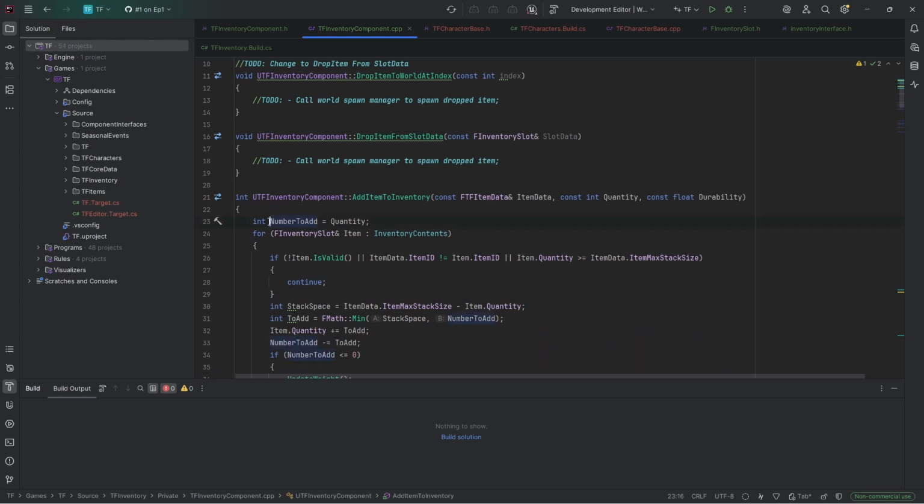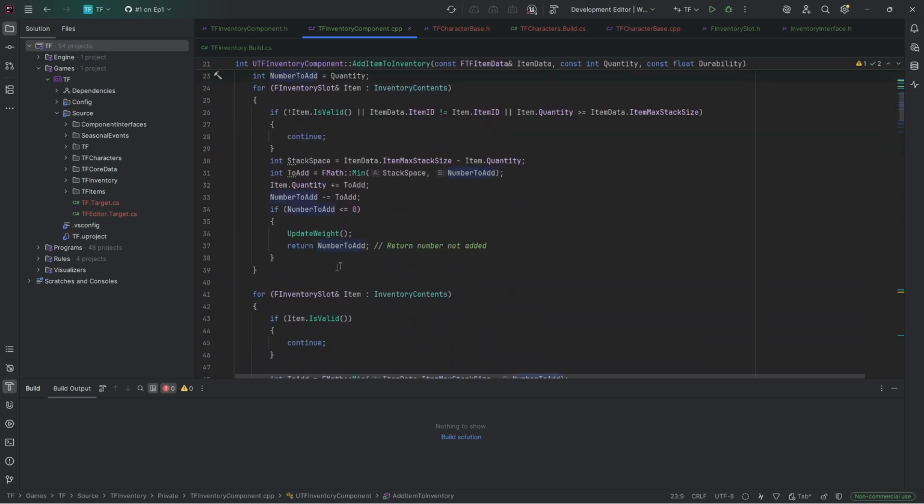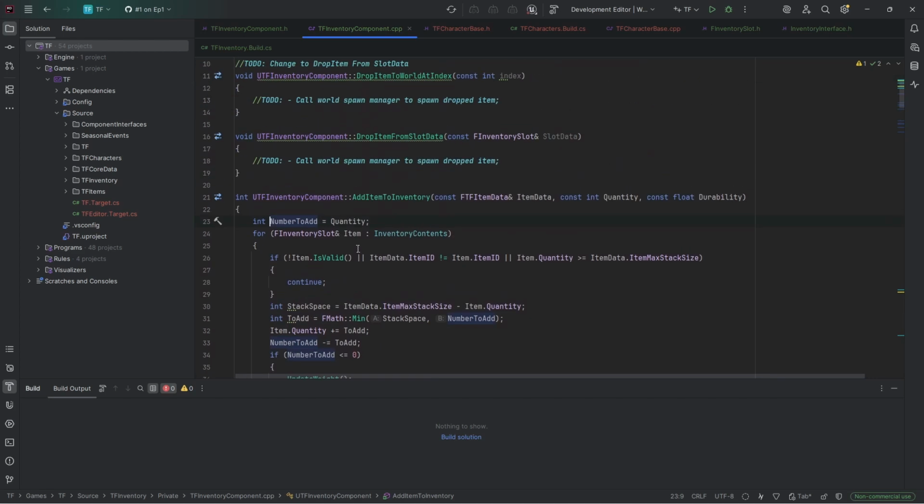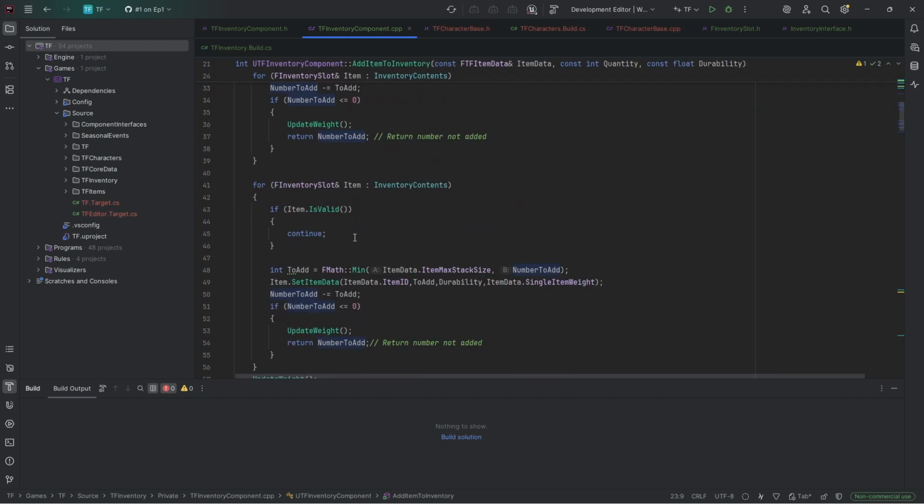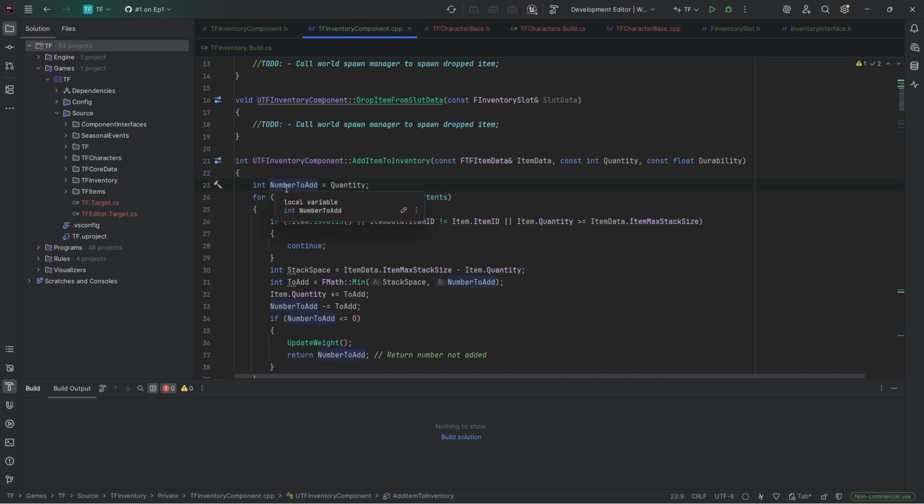Like here, this should be T number to add, but then it's not, because it's getting returned. So actually, my convention, that would be ret. But either way,